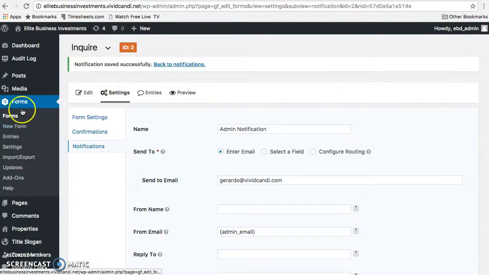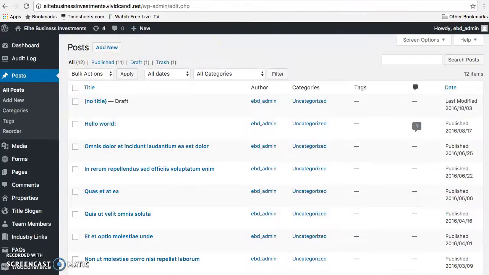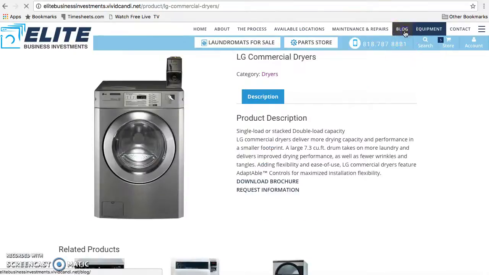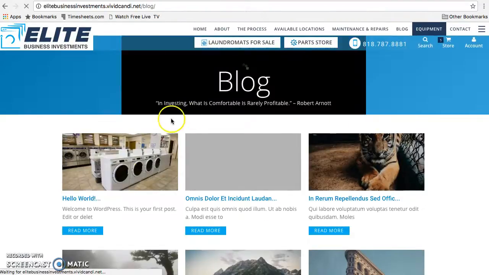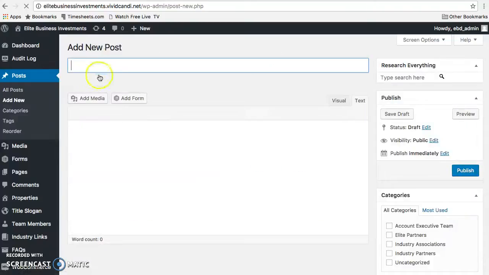So you know the FAQs. The last thing I need to show you is the post, which is the blog. The blog is really important for you to know. That is a solid part of your site for your SEO. So the blog works in exactly the same fashion. You click add new, you put the title,